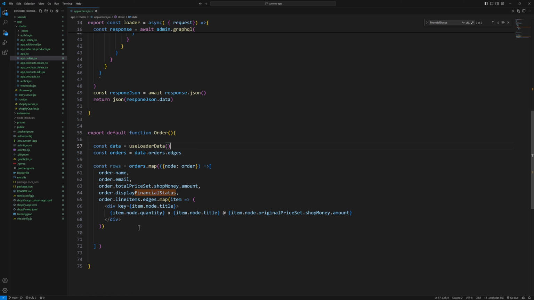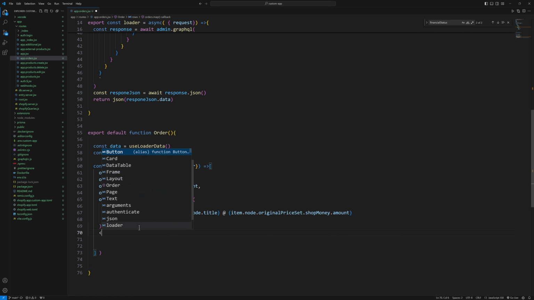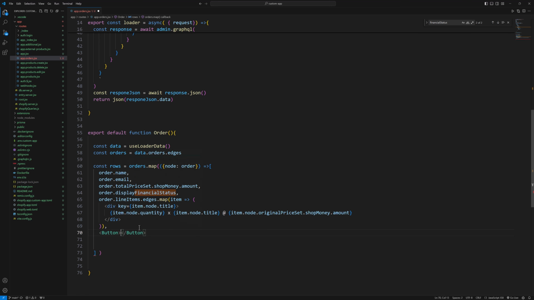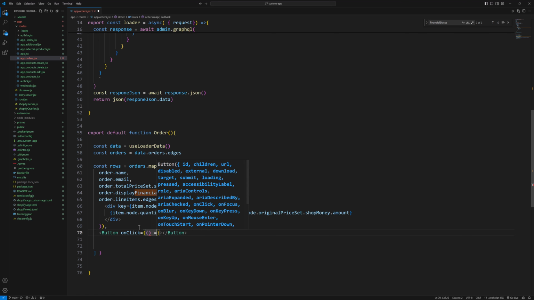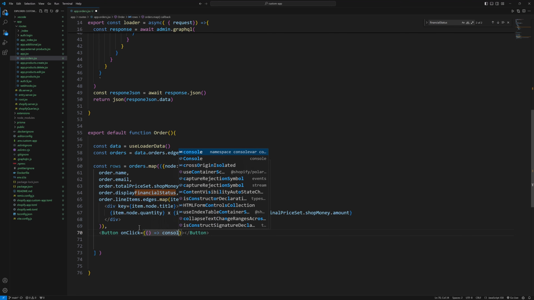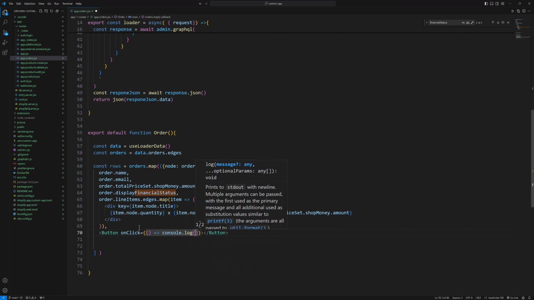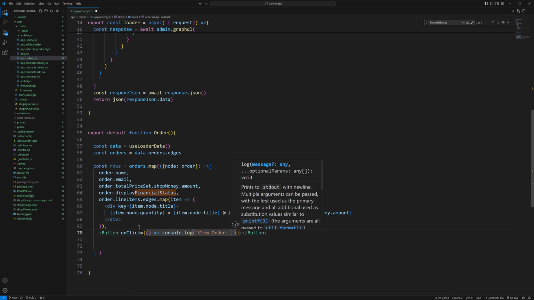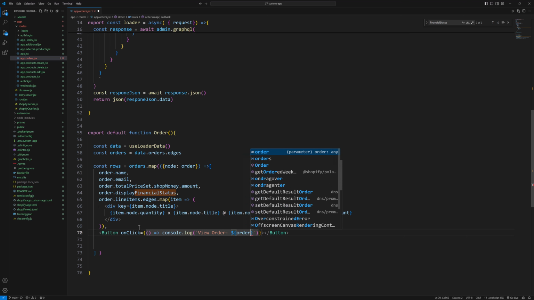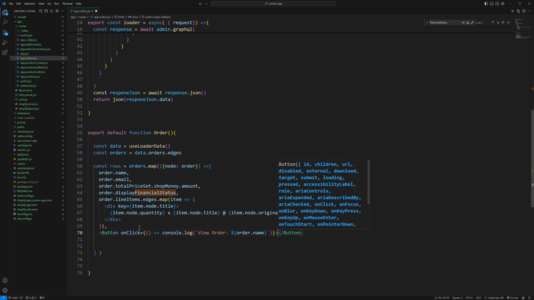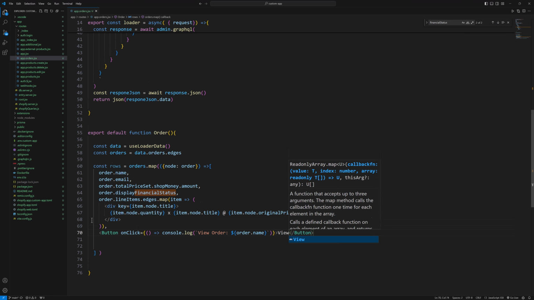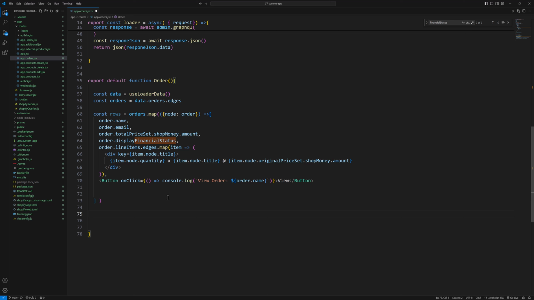and finally we will have a button. Inside button we will have an onClick function, and we will run a callback function, and we will console.log "View order", and here we will pass the order.name, and that button text would be View. And finally we will return this,